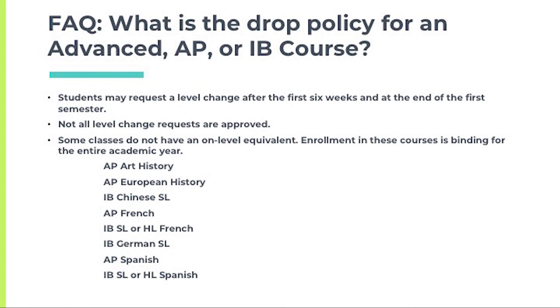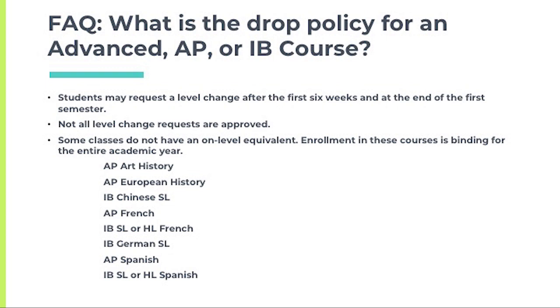So I also get asked about the drop policy for advanced courses, and so students have the option at the end of the first 6 weeks and at the end of the first semester to request a level change from an advanced, an AP, or an IB course. You need to know that we don't approve all of the requests. They are a request, and so